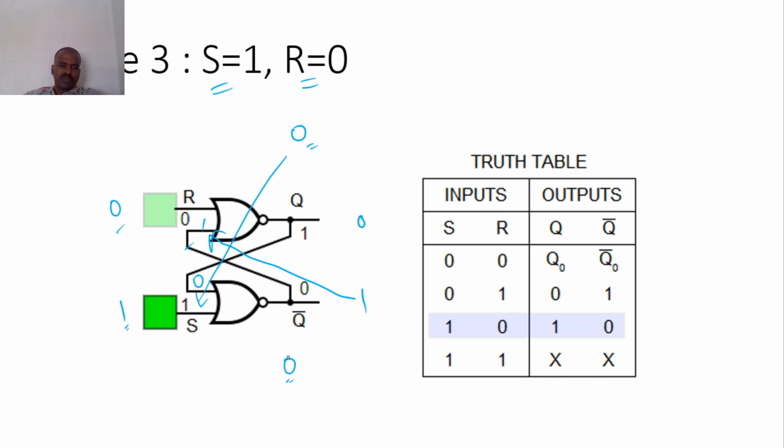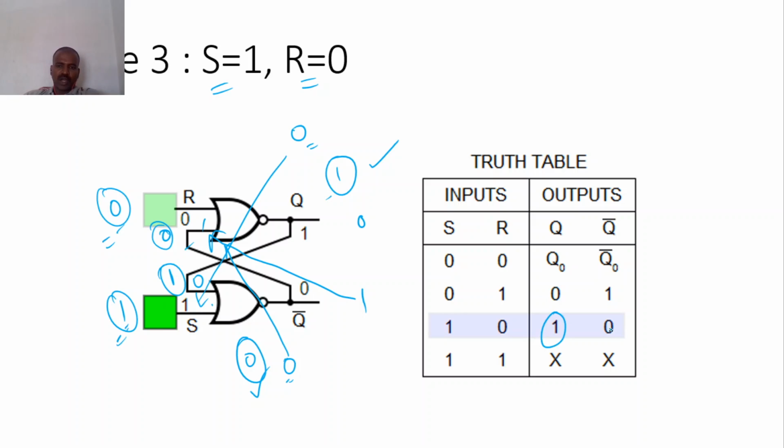So once again I am sending this feedback to the first NOR gate. That is, this 0 again goes here. Now 1 0, here 0 is there. Now 0 0 in a NOR gate should be 1. Again this 1 comes to this place. So both are 1 1 now, and 1 1 gives 0. So see, Q is 1 and Q bar is 0. Hence the latch condition is satisfied. So for S is equal to 1, R is equal to 0 we are getting Q is equal to 1 and Q bar is equal to 0.